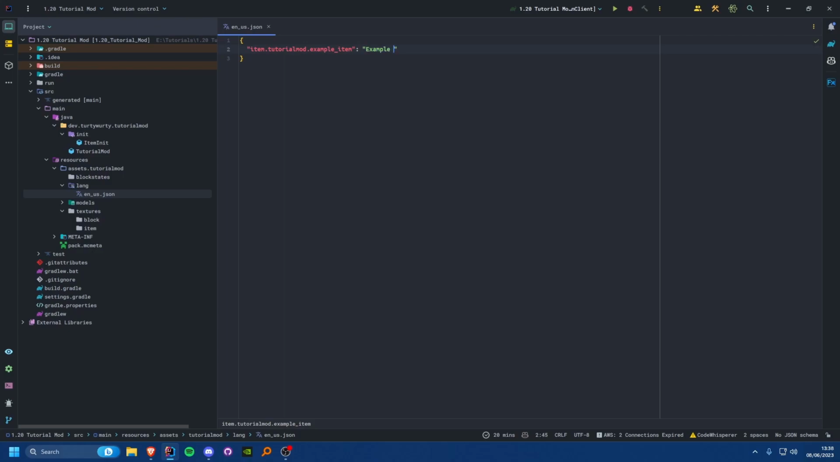So ours is example space item. You can put capitals in here. This is what it will show up as in the game. If you're a data pack or resource pack creator, I'm sure all of this is very familiar to you and